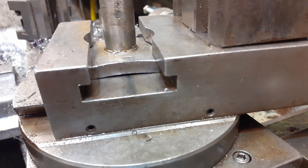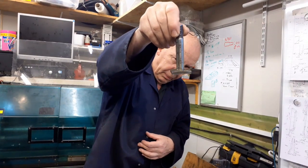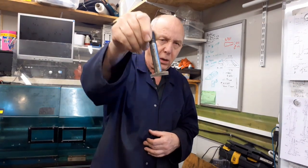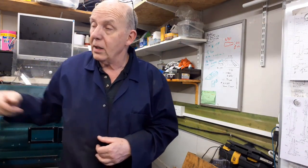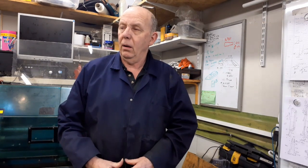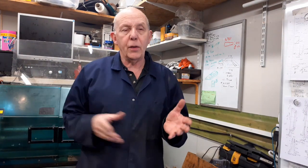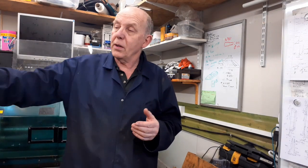a T-slot in it, and in that T-slot lived this, which is the T-bolt, and as you can see it's not in particularly good condition and it's beautifully curved. I don't know how old that is. I haven't changed it since I got the lathe some 12-14 years ago, so it came with that tool post, but over the years, tightening and untightening the tool post itself,